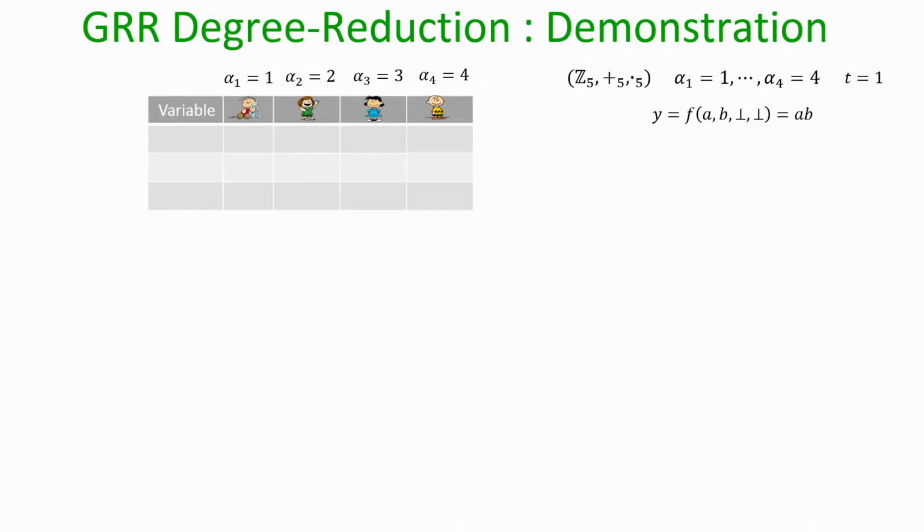So, let us see a demonstration here, okay. And imagine that our circuit is a simple circuit consisting of just one multiplication gate, A times B, that is what we want to compute. Our t is equal to 1. So, imagine A was secret shared through this A polynomial, B was secret shared through this B polynomial. The parties first locally multiply their respective shares of A and B,